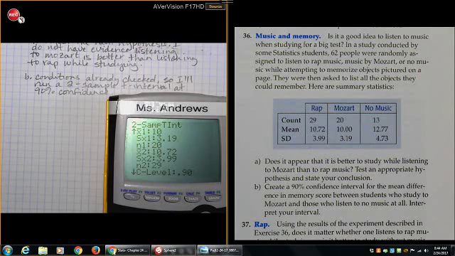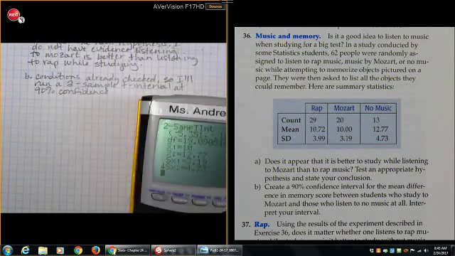Thank you. So it was just brought to my attention that we have a different question on this one. So this was asking about Mozart and no music at all. So we need to change that. So we'll do the first group as the Mozart group, and then the second group, no music at all, that was 12.77, standard deviation of 4.73, and an N of 13. Now we're at 90% confidence. We do not pool and calculate. So our interval